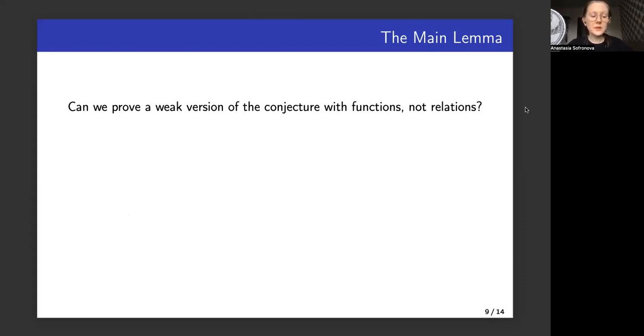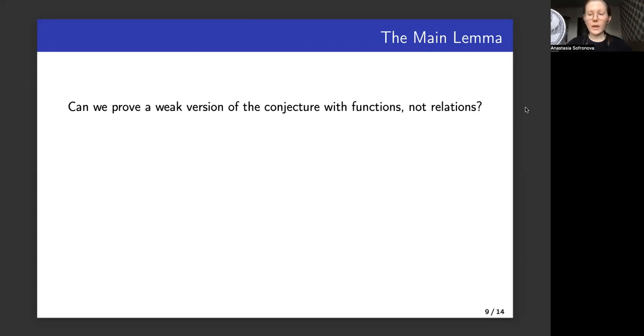What we wanted to do is to prove some kind of result which would be as close to some weaker versions of the KRW conjecture as possible, but so that it could be also nicely translated into Boolean formula language. And in the end, we ended up getting rid of communication complexity language completely.